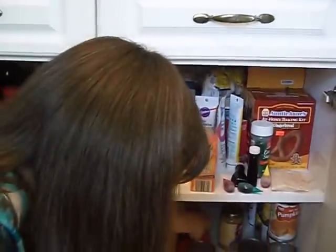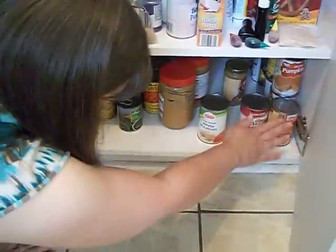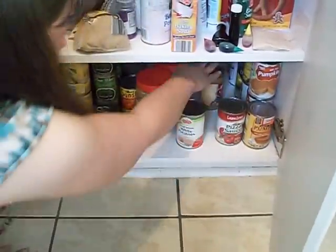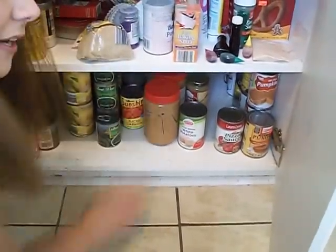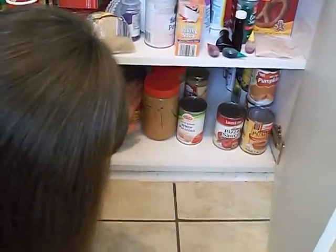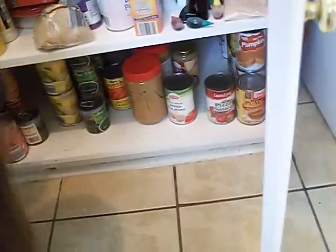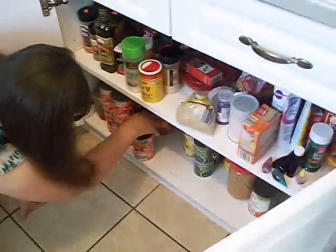Down here where my canned foods are, over here we have a lot of our fruit. There's a thing of gravy sitting here, potatoes, pizza sauce. We make a lot of homemade pizza. These are peanut butter. We use that a lot for toast. My husband enjoys peanut butter and jelly. Carrots, peas, corn. There's cream corn back there. More peas. These are tomatoes, tomato soup,